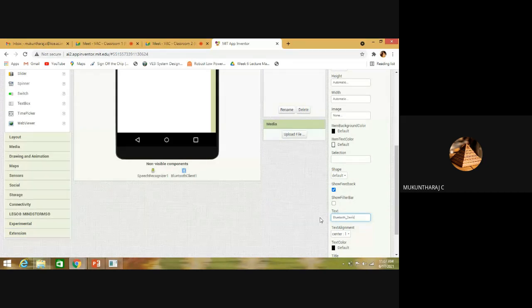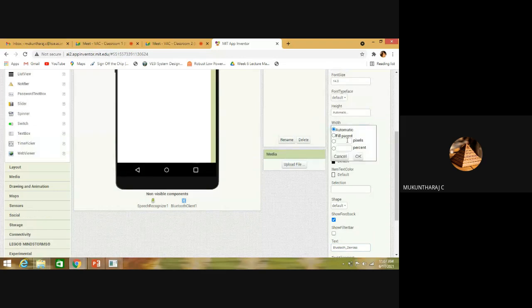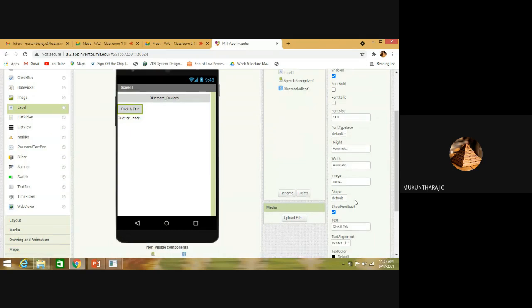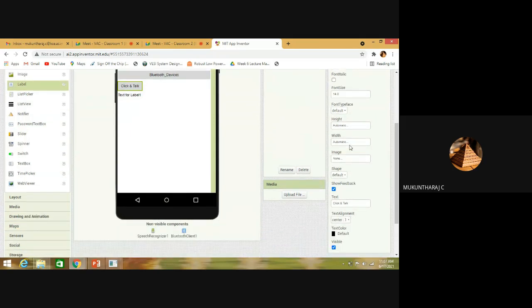It should fill the screen, right? So we can give fill parent, and click and talk can also be filled.